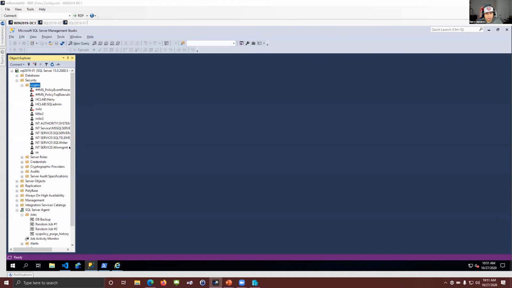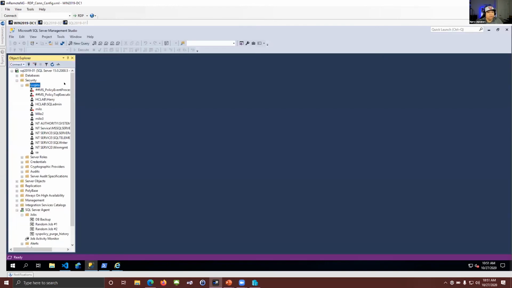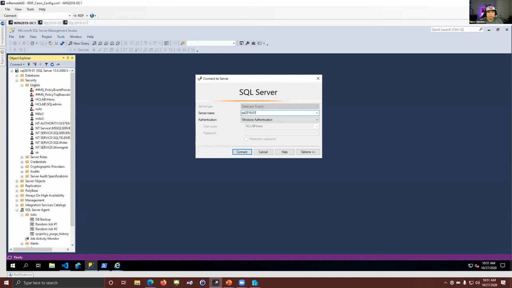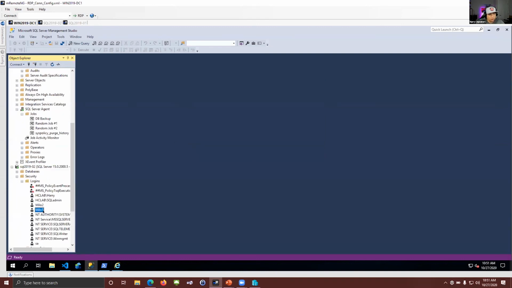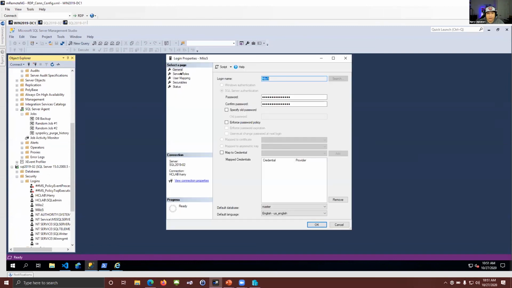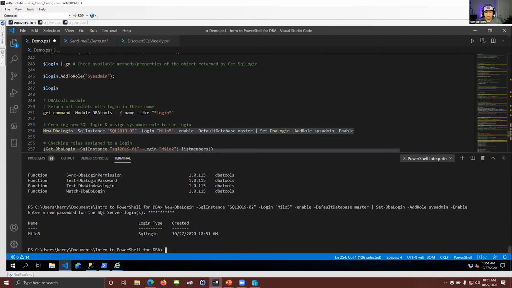Oh, which instance did I use? Oh, 2. Oh, great, smart. So it's my other SQL Server instance. Login. There you go, Milo 5. And we have sysadmin. Okay. So